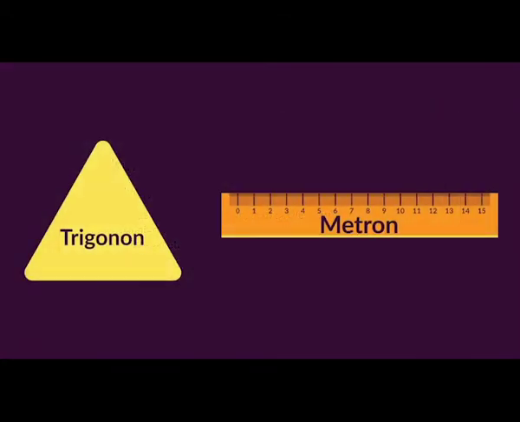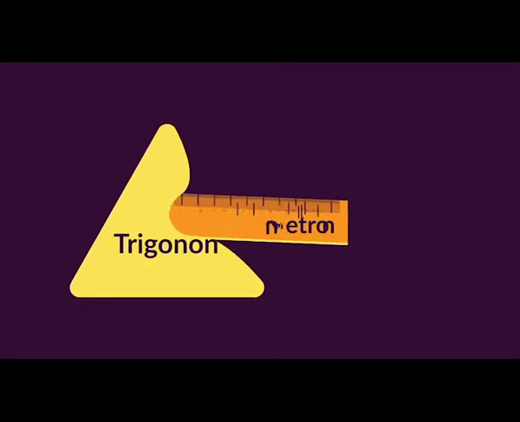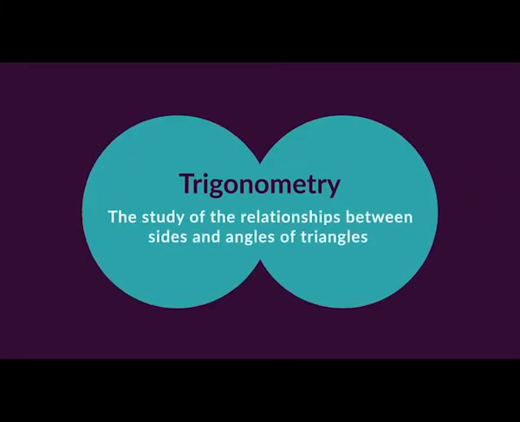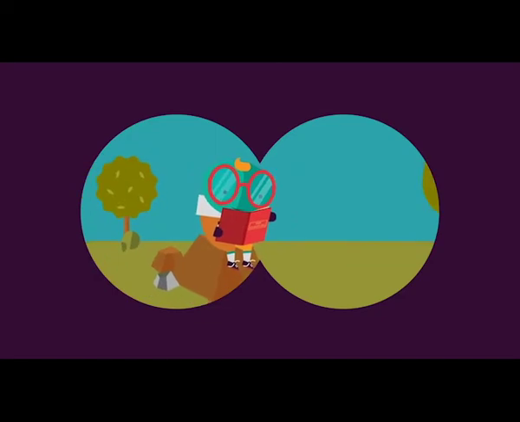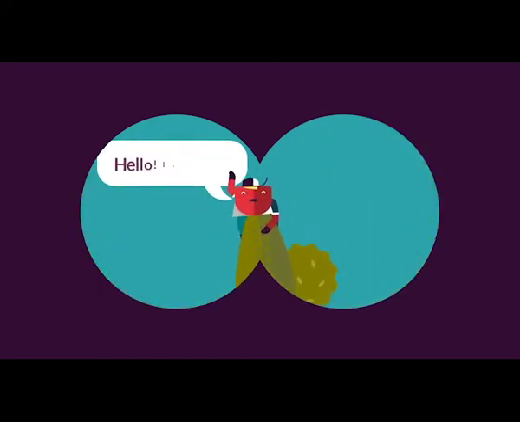Trigonometry, which comes from the Greek words trigonon, meaning triangle, and metron, measure, is the study of the relationship between sides and angles of triangles. It is applied in everyday life for things like navigation, finding the height of an object, and calculating structural